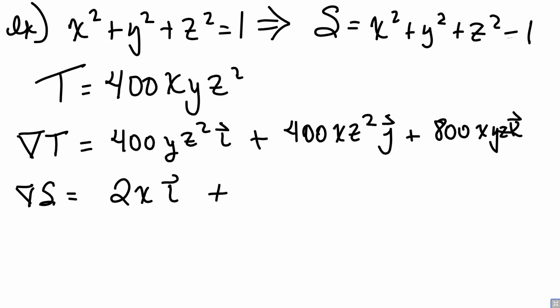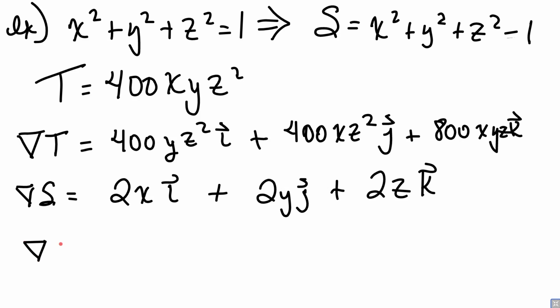All right. So the first component would be 2x in the i direction. The second component will be what? 2y in the j direction. And the last component will be what? 2z in the k direction. Okay. So again, keep in mind that we're looking at the equation for the Lagrange multiplier. It's going to be the gradient of T equals lambda times the gradient of S. So if we write our equations,